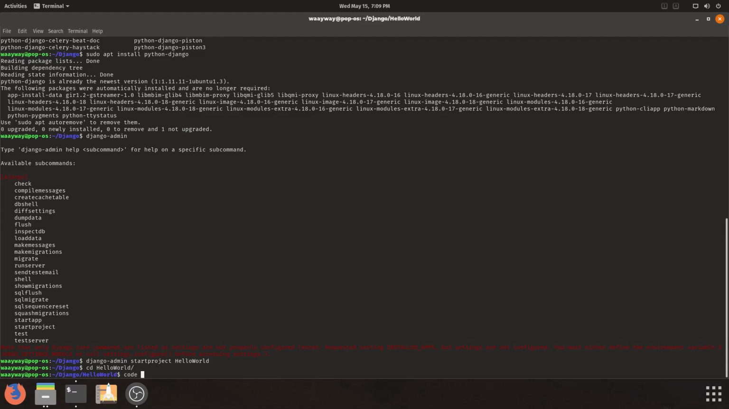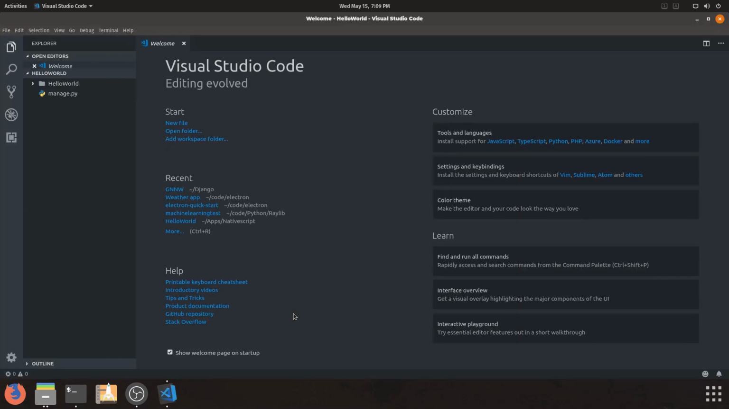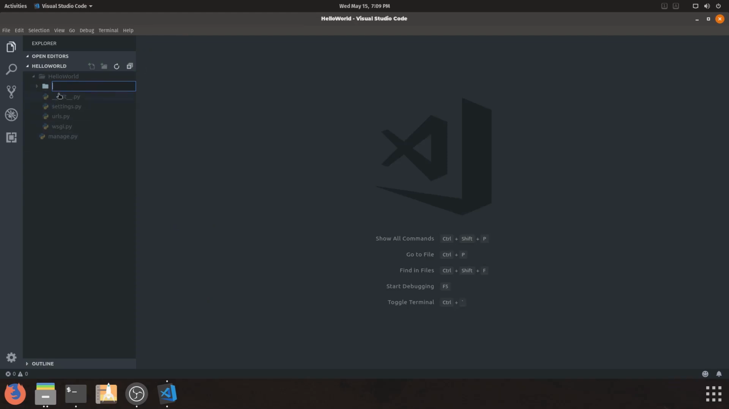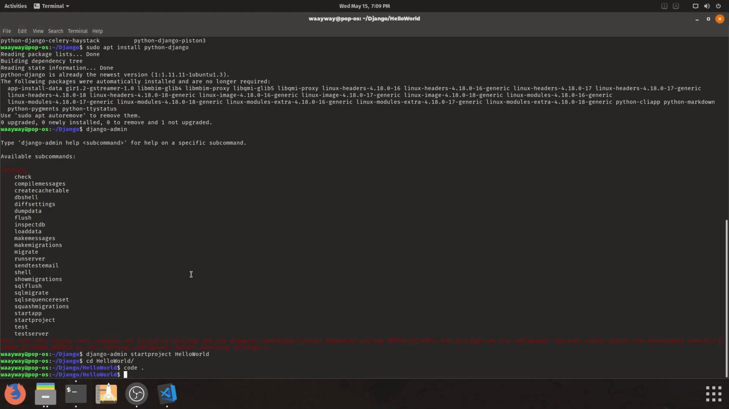Now you just open up your code editor. With me it is Visual Studio Code, and you see all this stuff. There's not really anything to worry about. You now shouldn't do anything here. You should actually go back here and do Python 3